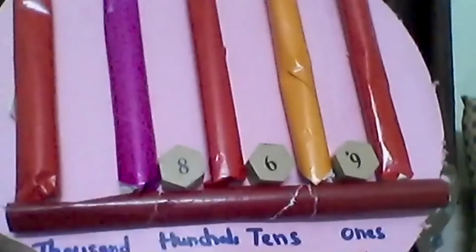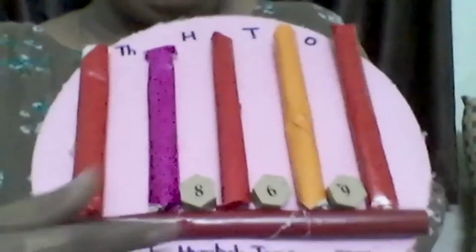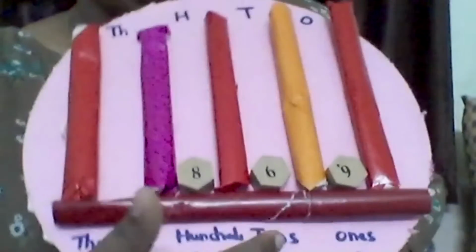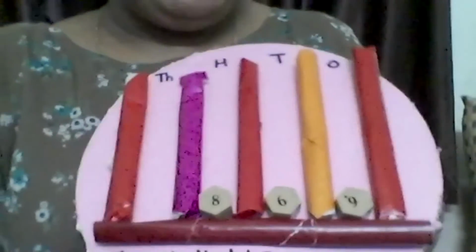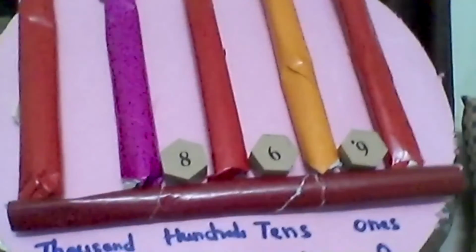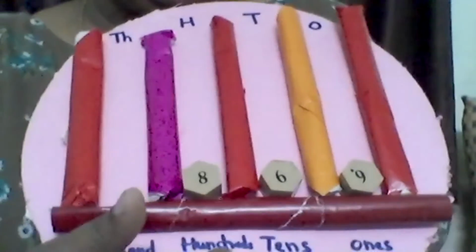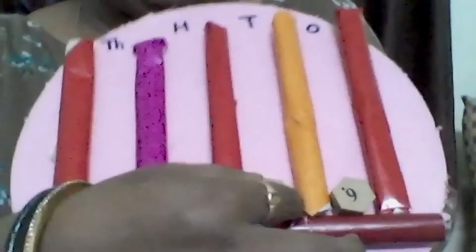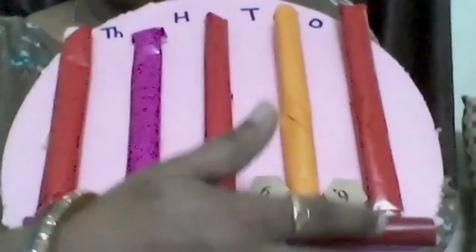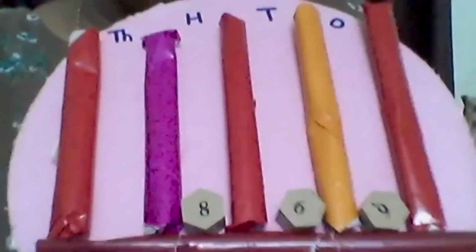Okay, now again we will see 3-digit numbers. Is this number visible? Yes. To know whether this number is even or odd, in which place do we have to focus more? The ones place. 8 and 6 are even, and 9 is odd. So 9 is odd, and eventually we will come to know that this number is an odd number.